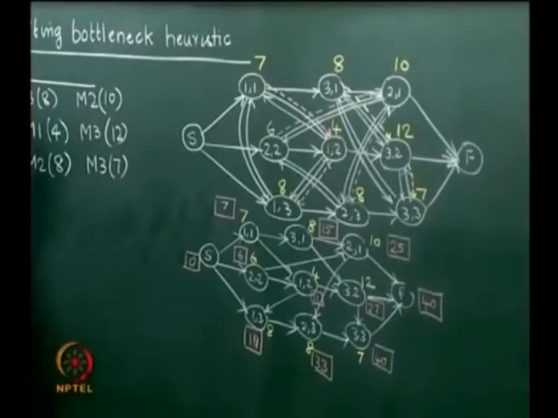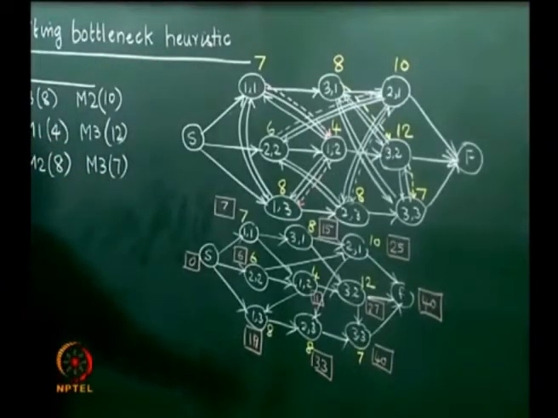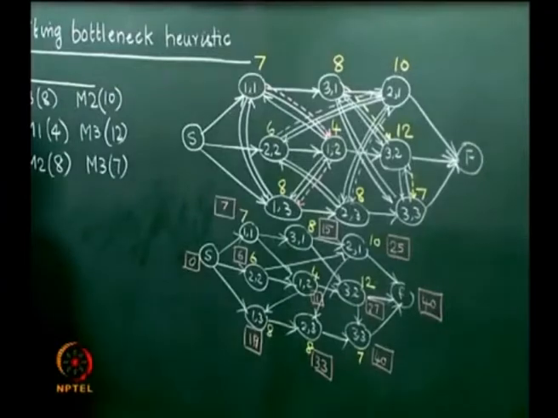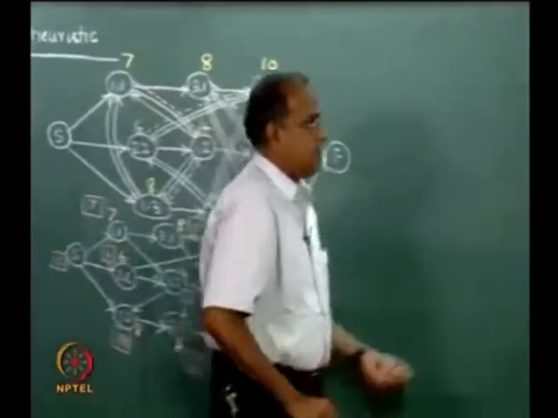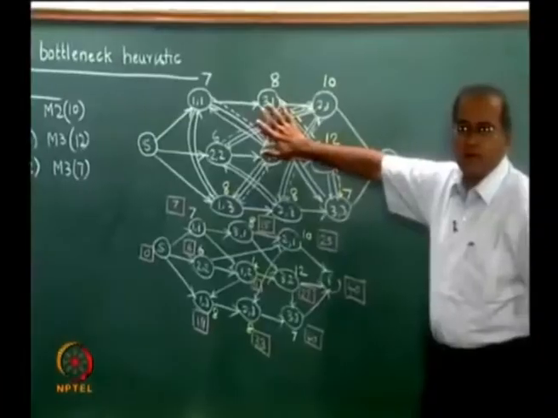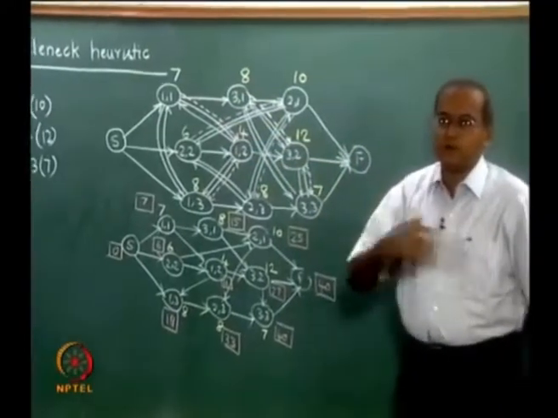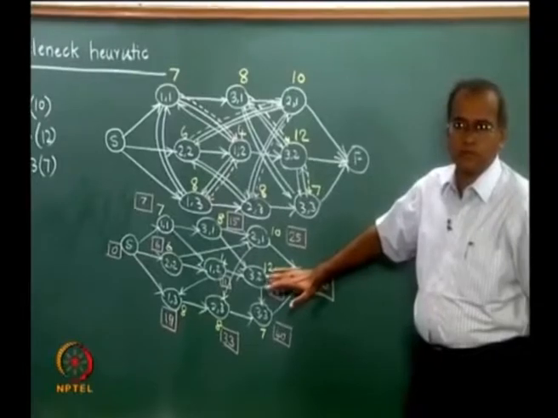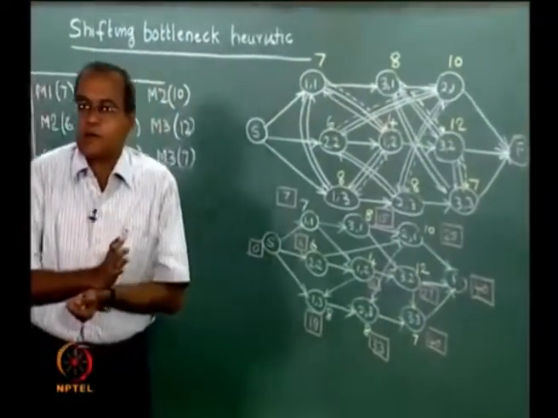So now we realize that the longest path on this network has a length equal to 40, which happens to be the make span of the sequence. So we have essentially mapped the SPT solution on to this arc to try and get the make span corresponding to the SPT solution. But that is not what we intend to do.